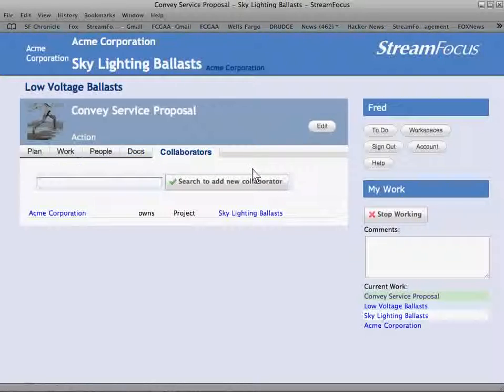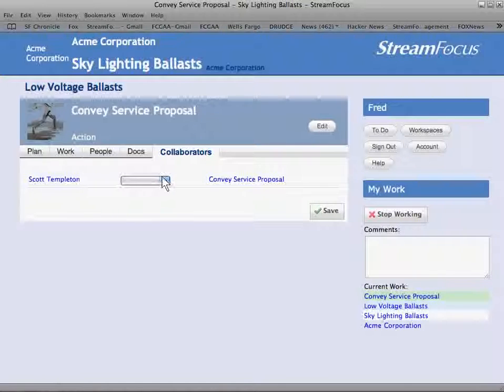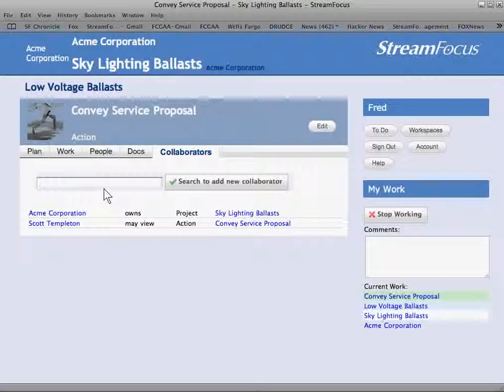So we'll click on Collaborators, and we'll type in Scott. And we want him to view it, but not edit. Okay. Now what we have to do is make sure that Scott actually has access to StreamFocus, so let's click